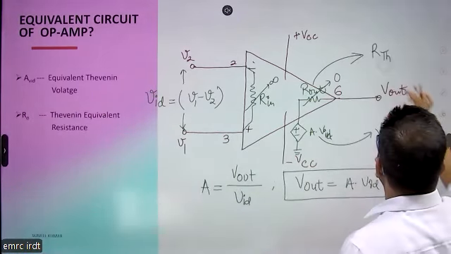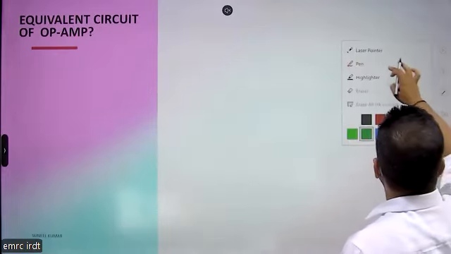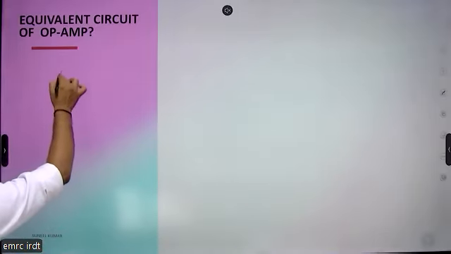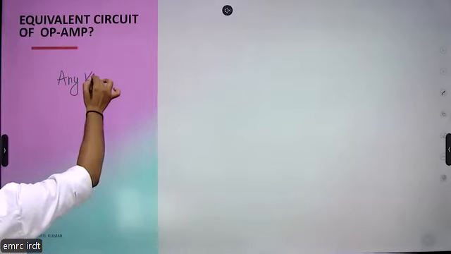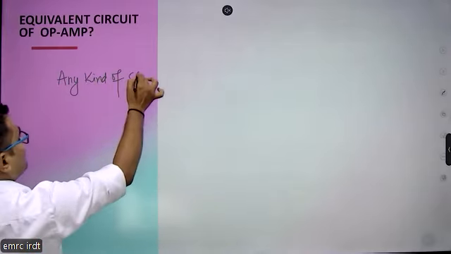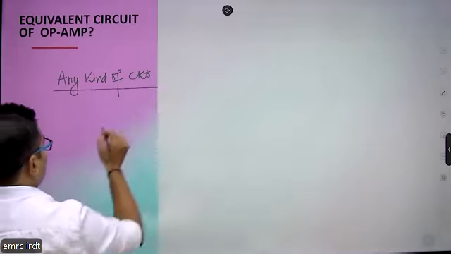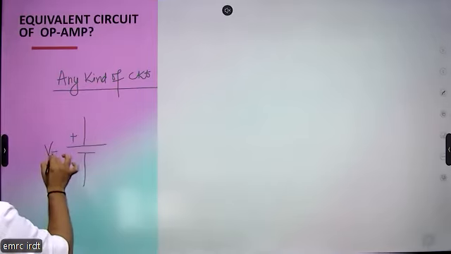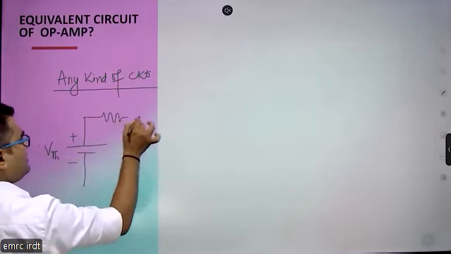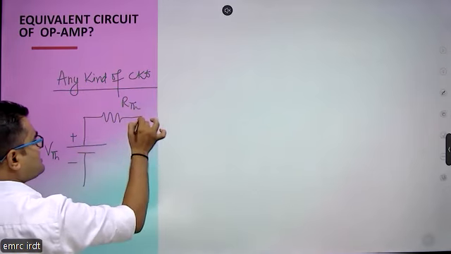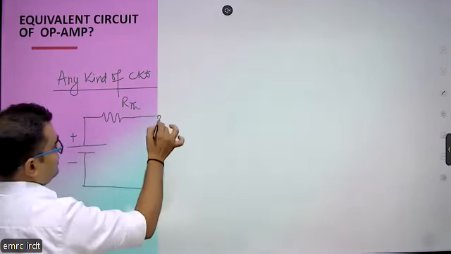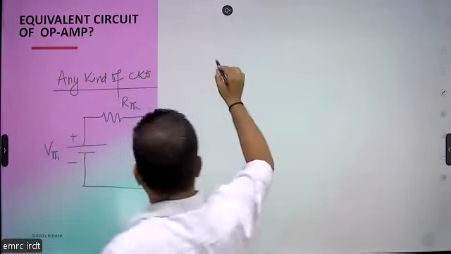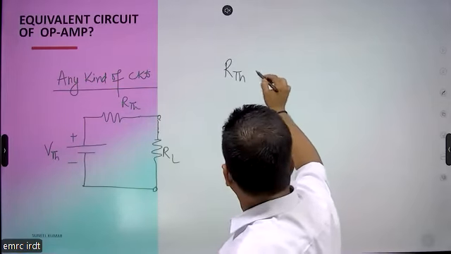So we are utilizing the Thevenin's equivalent. It means that any linear circuit can be represented through one voltage source, known as the Thevenin voltage, in series with a resistance, that is the Thevenin resistance, and here we are having the load. Here we have a load resistance that is RL. So how can we calculate this RTH? RTH can be calculated